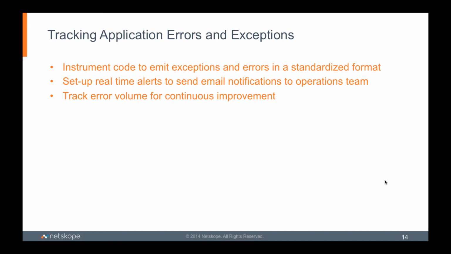And then finally, KPIs. So you want to build a dashboard that shows the error volume, and obviously that has to be as small as possible or be zero in many cases, and that's what you really want to do, so you can actually have trending information of your errors and the volume of errors, and you can use that for continuous improvement. You can track your 500s or your 4xx and see what are errors versus what are expected values, and really go about reducing that volume and keeping an eye on that going forward, so that no new errors show up as well.